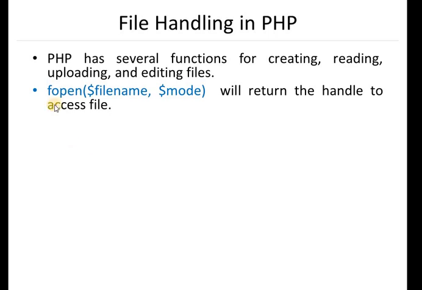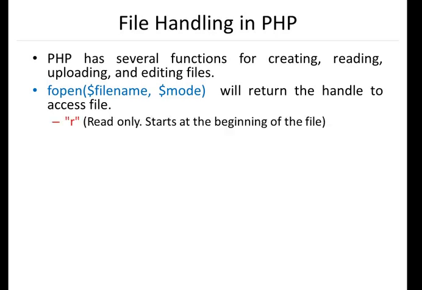It has two parameters. The first one is the file name, the name of the file that you want to open. After that, the second parameter is the mode. This mode parameter specifies in which mode you want to open this particular file, that means reading only, or both read and write. The possible values of mode start with read, R only. Both arguments, file name and mode, are strings, so you have to mention them in double quotes.